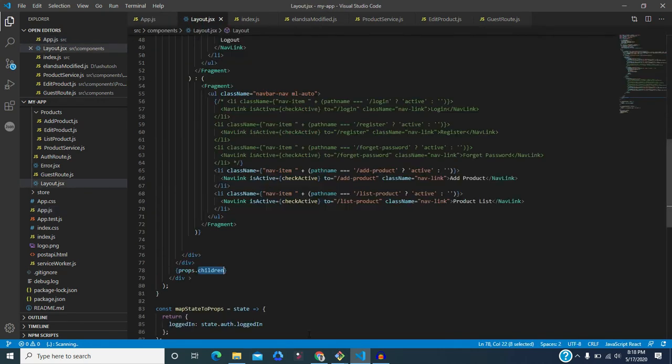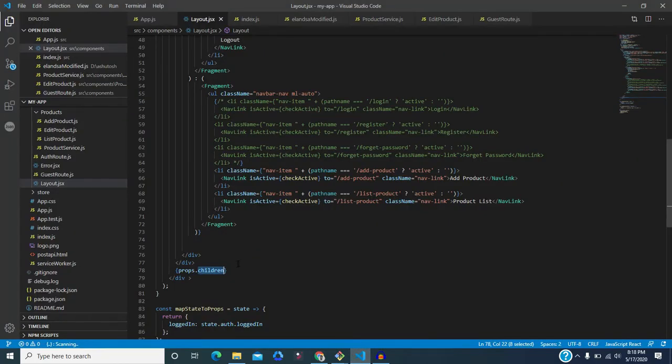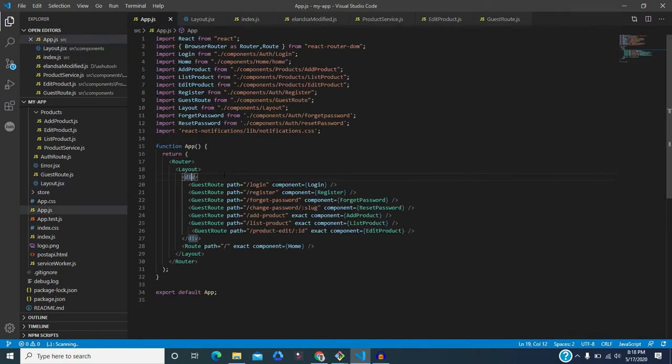It means after the header, whatever your logic and the page will be, the content will be listed here below the header. That's why we have passed it as children, and that will be available on the DOM after the header. So layout is basically the header, and after the header, this particular code, and whatever is returned, basically this will return a DOM element that will be rendered on the DOM.